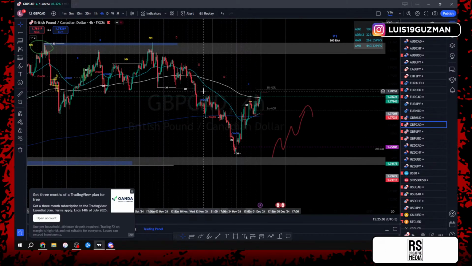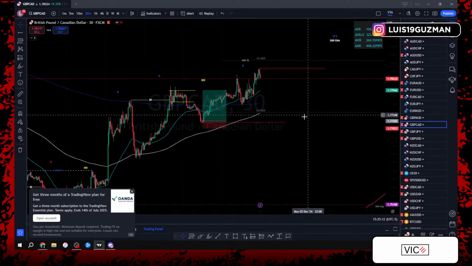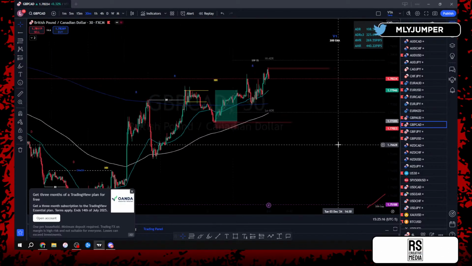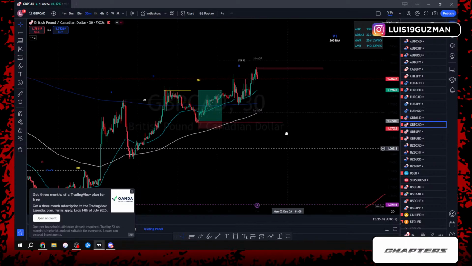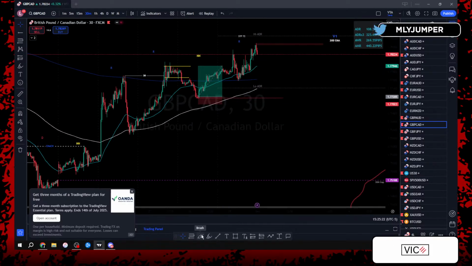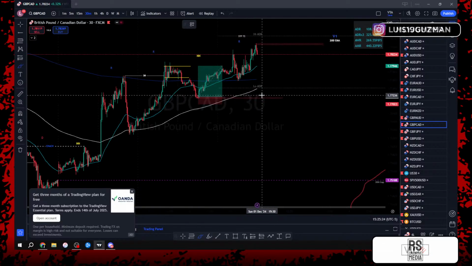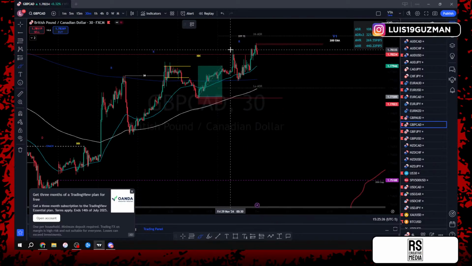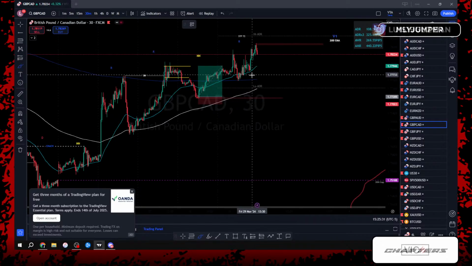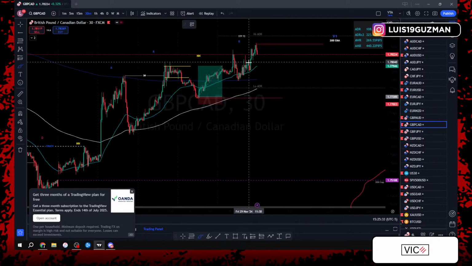So GCAD will be waiting. If we could break these highs over here in the 4 hour, then we'll continue, which again in the 30-minute time frame will just be a continuation. So it'll look the same. If we reject out of these highs and we start pushing down to the bottom, which is pretty much what I'm looking for when I'm looking at a pair like GCAD, when we're kind of in the middle of wanting to see a steeper pullback, but then also wanting to see price push up, I just keep it simple, right?